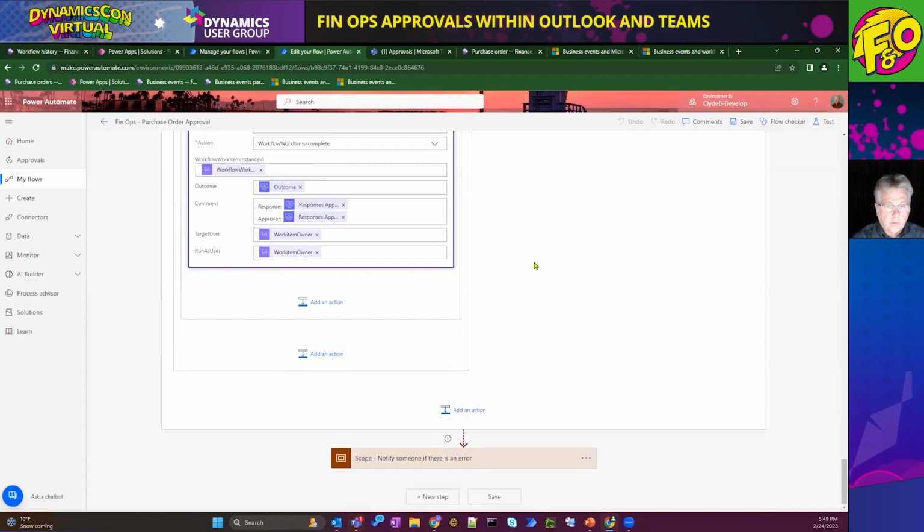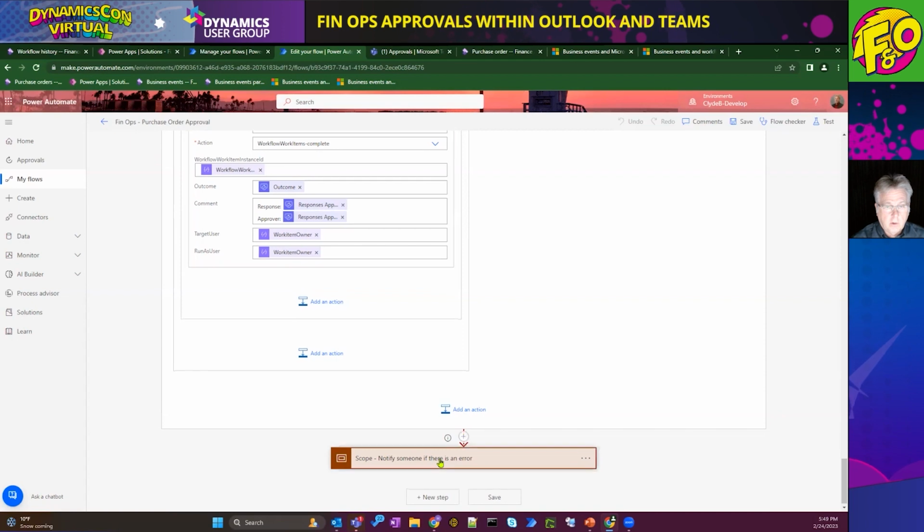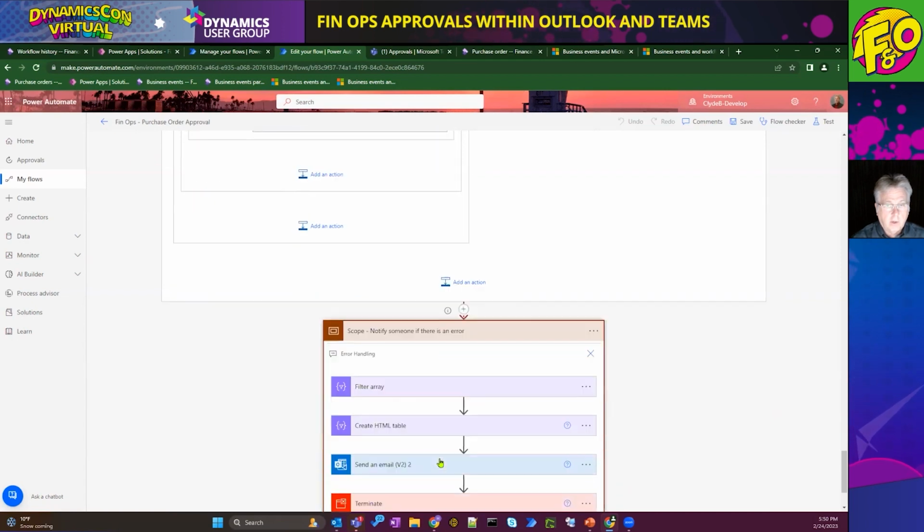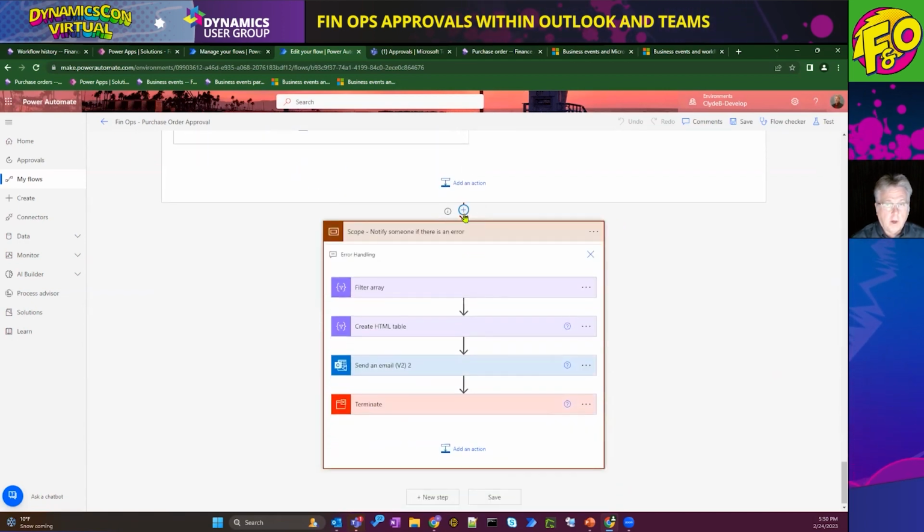Now, just as a bonus within the workflow, I just want to give you a quick look at some error handling. You'll see we have our red arrow coming down. So if anything in that scope above fails or is skipped or times out, it'll trigger this to handle. If it runs successfully, this action never happens. The scope just sits there and doesn't take place.